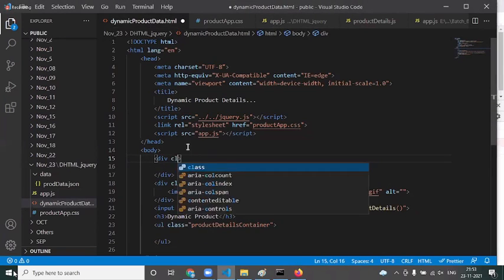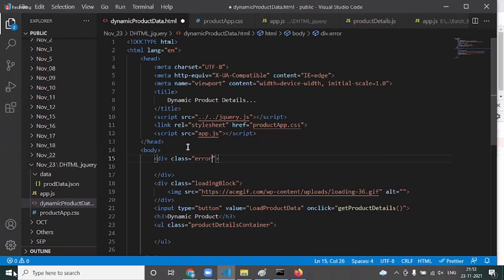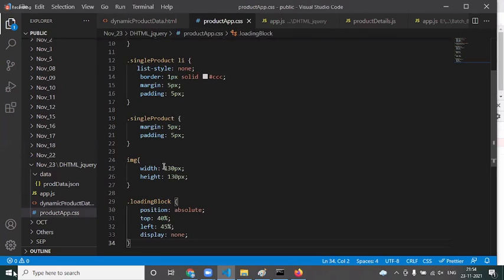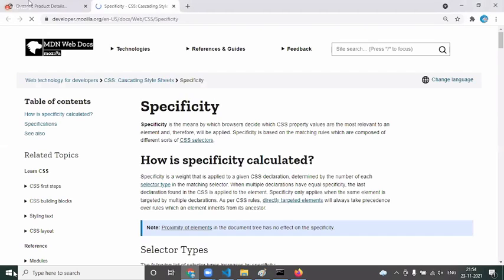So how do you do that? Again, create an error block. Say some class equal to error block: error while communicating with server. As simple as it is. Now take out this error block and define the CSS.